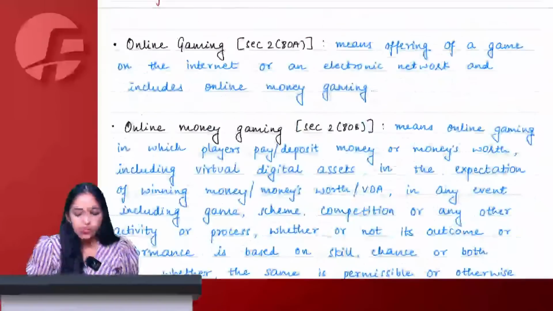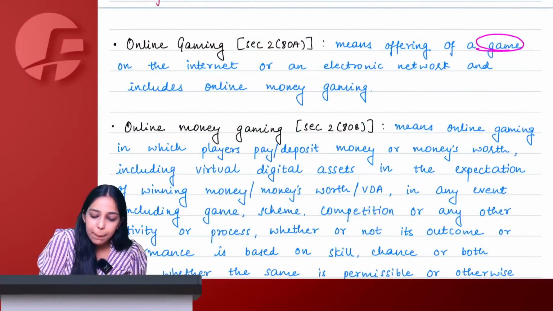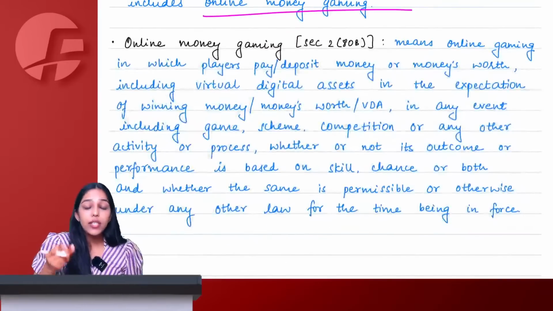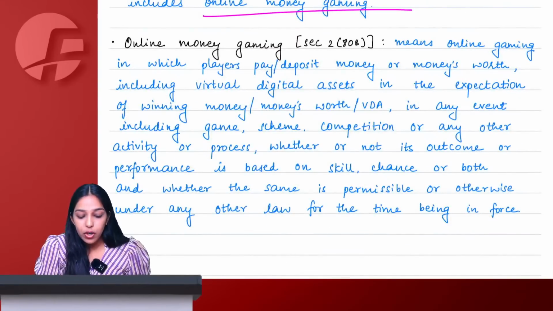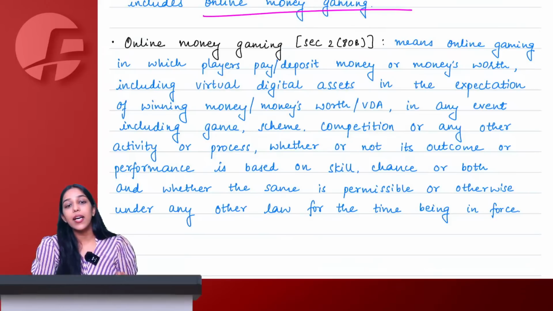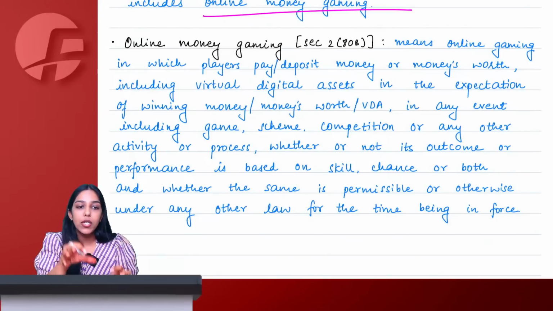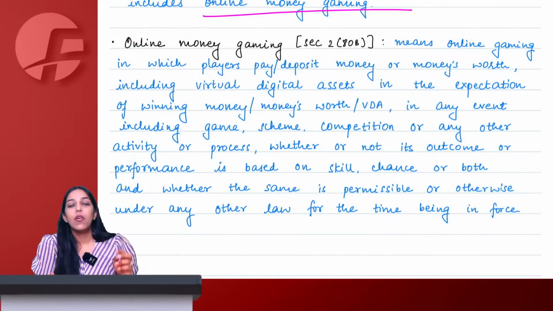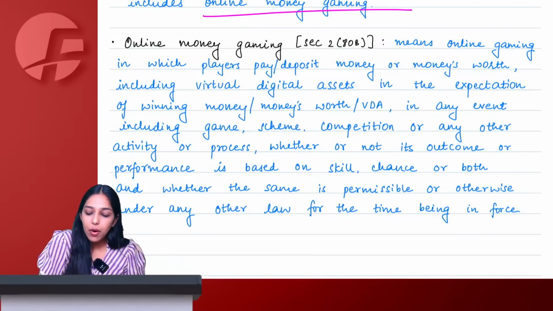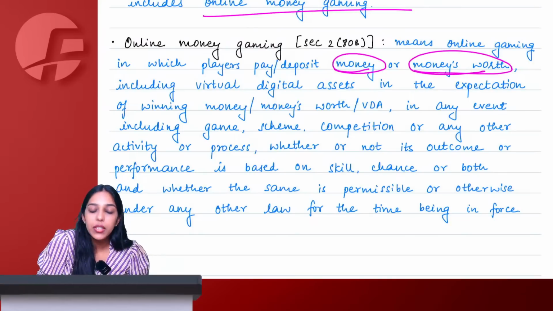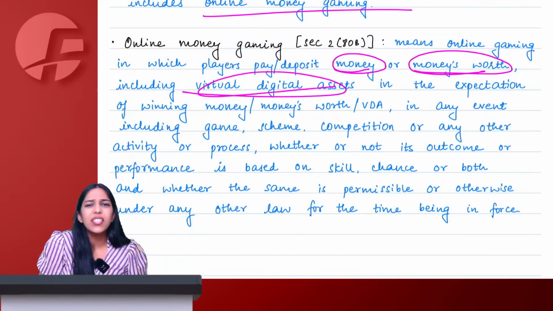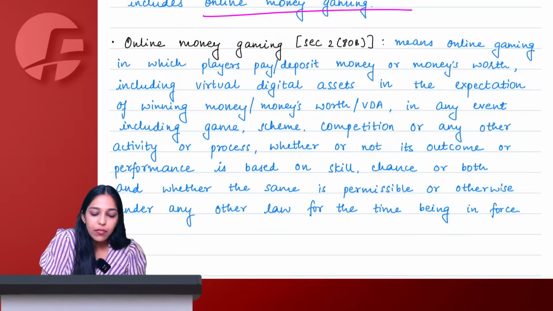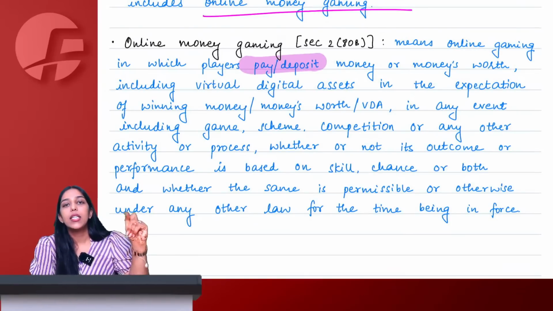Understood, ma'am? What is online gaming? Any game that you are playing online on an electronic network becomes online gaming. What is online money gaming? For online money gaming particularly, we are saying it is a kind of online game where the player is depositing something in the expectation of earning something. What can that something be? He can deposit any money's worth, or virtual digital asset. What are these virtual digital assets? Bitcoins, etc. So whenever the player pays or deposits